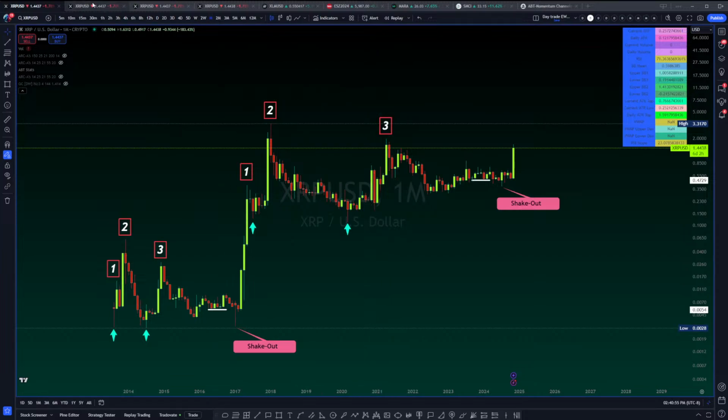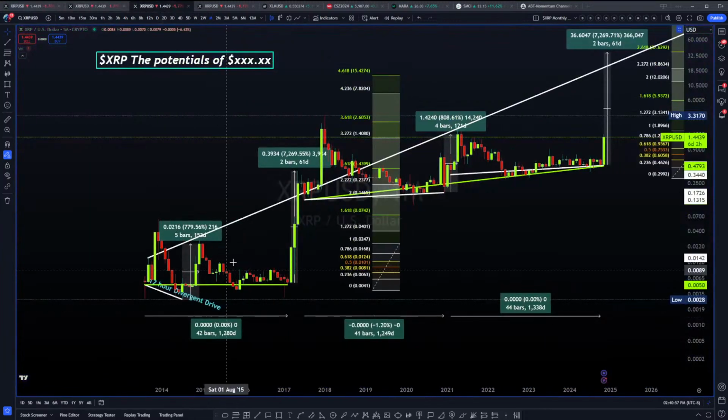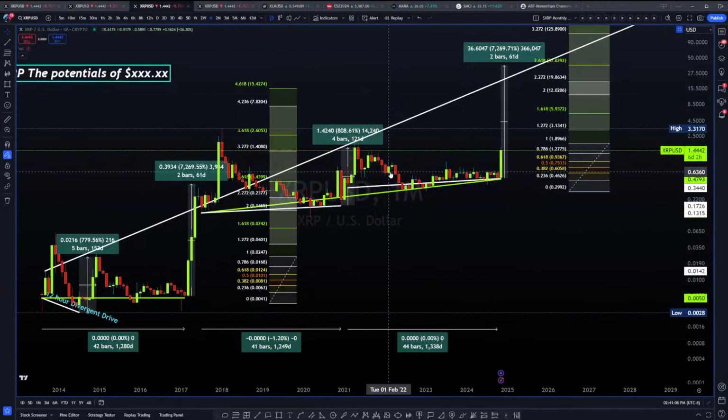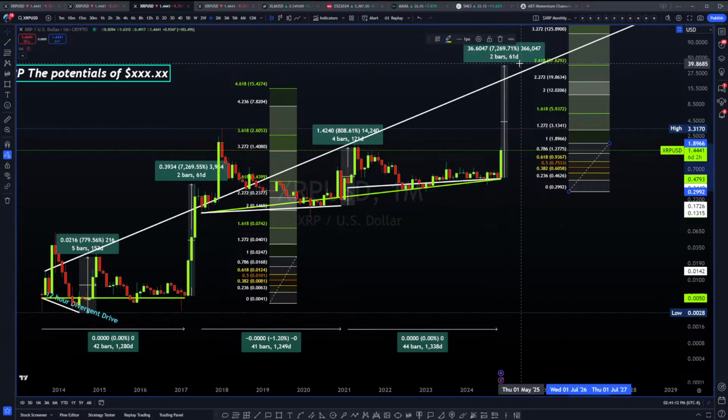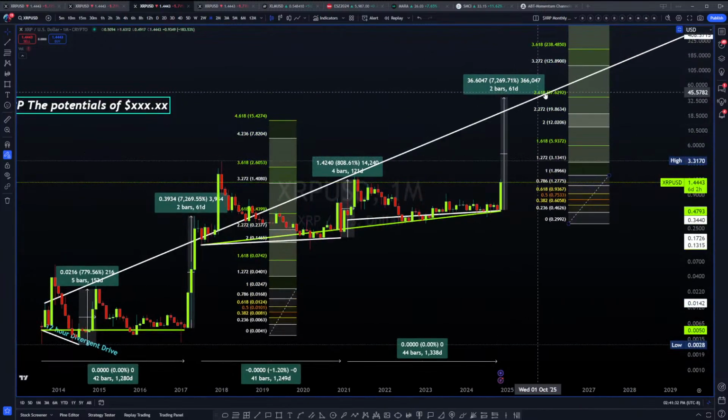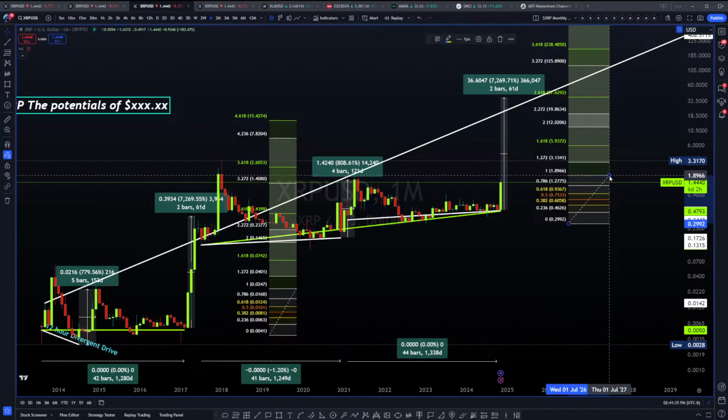The upside target that we're in fact talking about, just to remind you guys, is a 7,269% jump from the end of the phase one. So the phase number 2 end, putting that exact jump of 7,269 takes you to a $37 target. But please notice that here at that 7,269, we dip to create a bull flag, and then the bull flag takes us to the 3.618. So just like this here at 7,000 gain, this was the 2.618. The 7,000 gain here is also at the 2.618, measuring the fibs from exactly the same phase.